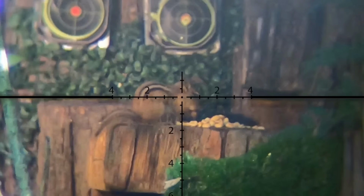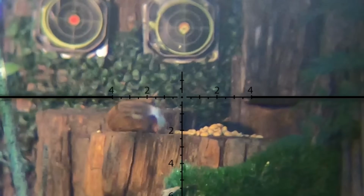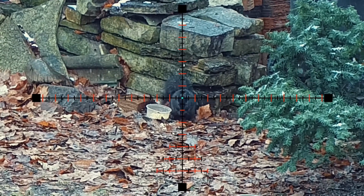Now, let's send a few airgun tracers. The idea of an airgun